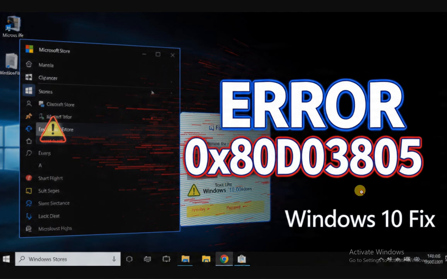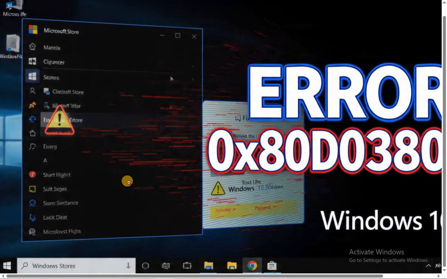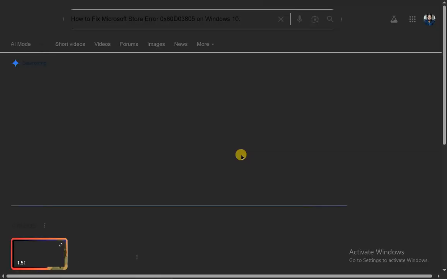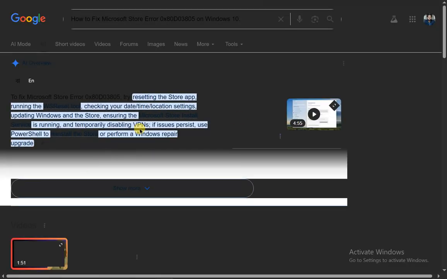Getting a C++ runtime error every time you open NVIDIA GeForce Experience, or it crashes instantly? If yes, you are not alone, and this video is exactly what you're looking for. This problem usually happens because Visual C++ files are missing or corrupted, NVIDIA services are broken, or old drivers are